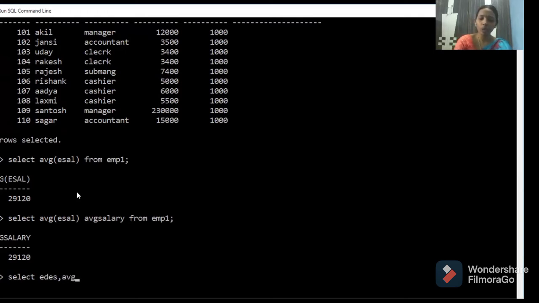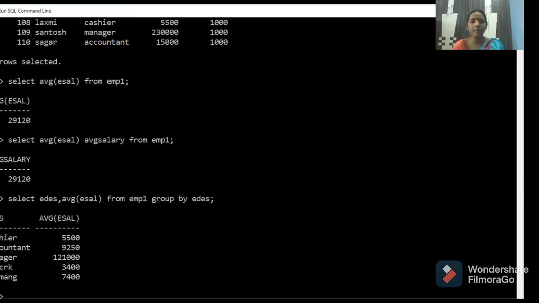I want to perform average of employee salary, right? From which table? Employee one table, group by. On which column are you grouping? You are grouping by E designation. Clear? Whatever E designation you specify is going to be divided into groups, and on those groups we are performing the action of average E salary.